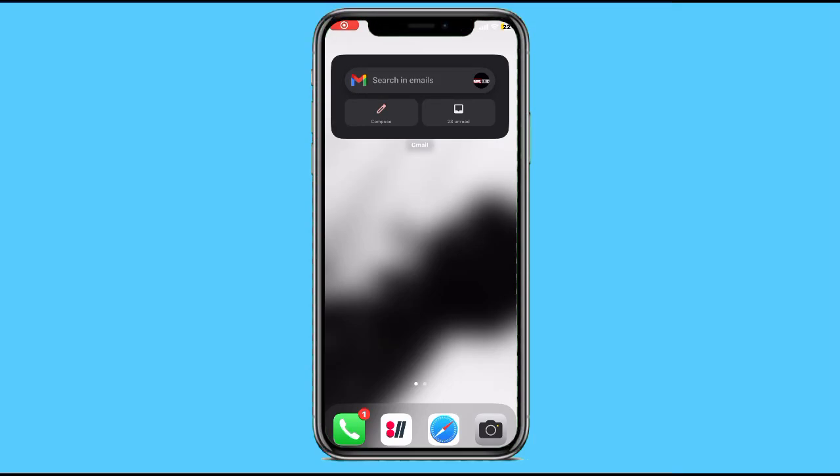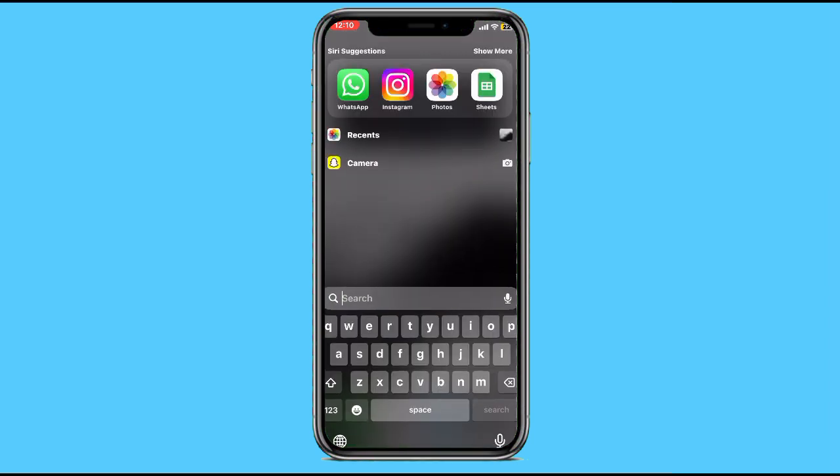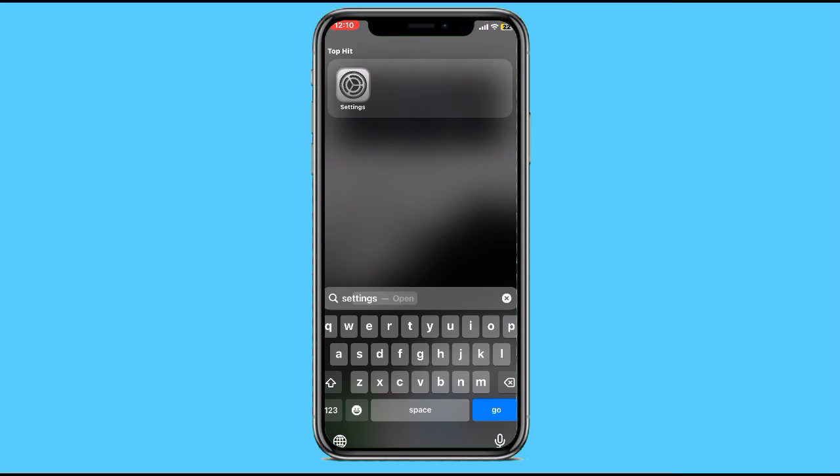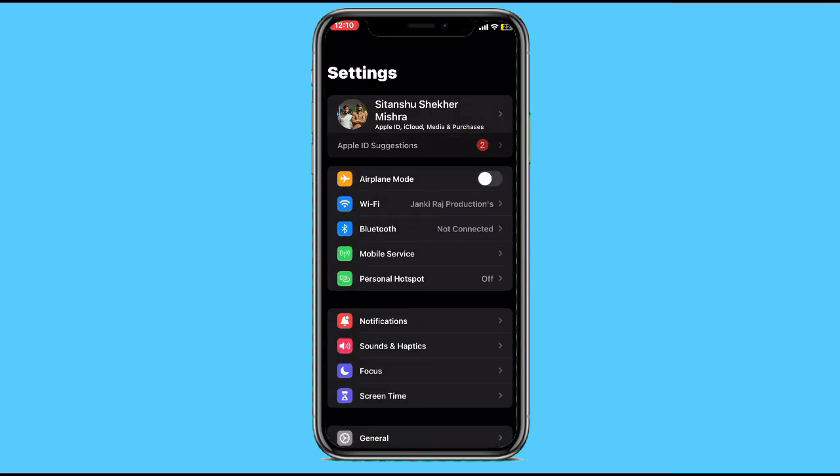How to wake up with Spotify music, and in simple language, how you can set your alarm on your iPhone, a Spotify tone or music directly from Spotify, how you can set it up as your alarm tone. For this, you simply have to go to the settings option of your iPhone, and then you have to